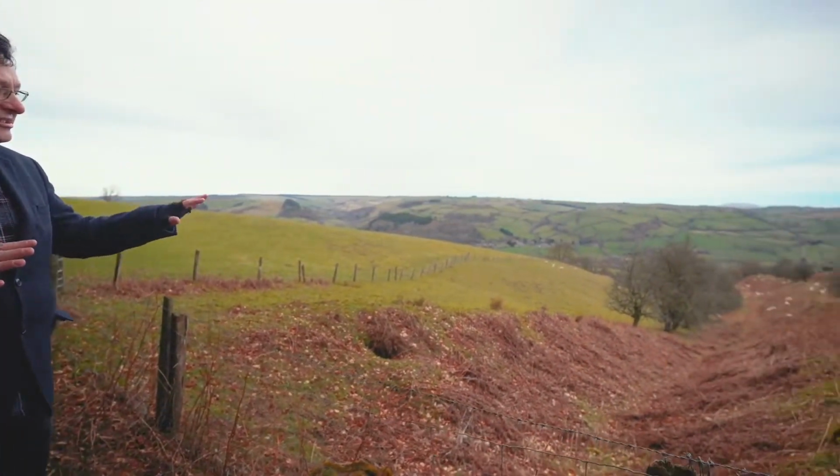This was a grandiose engineering feat by King Offa and his Mercian kingdom, but it was also a monument that carefully placed itself to dominate the landscape, and therefore it didn't just randomly carve through the topography. It utilised the topography to dominate the landscape to the west in a very precise way. And here, as we look northwards over the Clun Valley, we can see how the Dyke did that as it